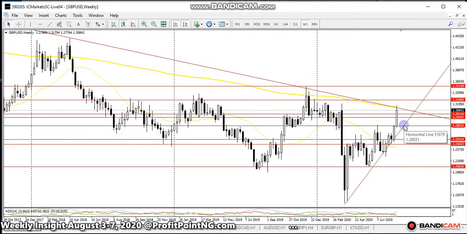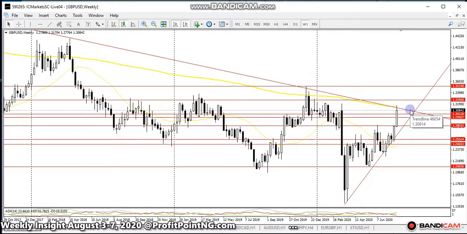Now, however, if the new upcoming week is able to close above the upper boundary of the wedge, then we expect that the new level for it to retest is the yearly high, which is the highest level it has reached in January this year, which is the 1.32 region. If it's unable to break at that point, we expect the retracement to test the upper boundary of this wedge,